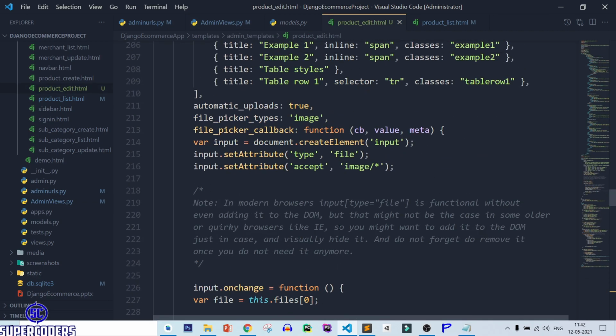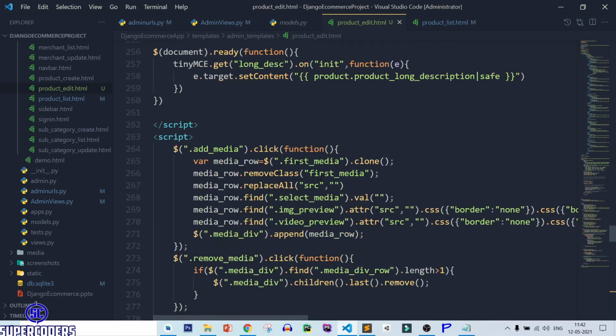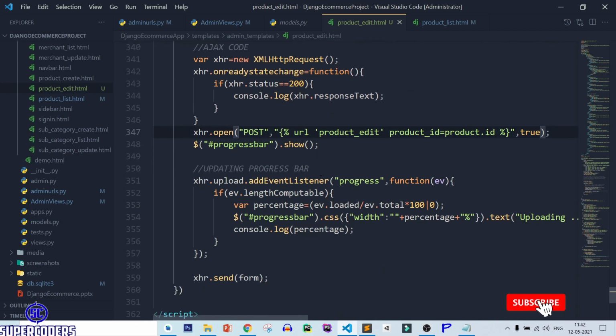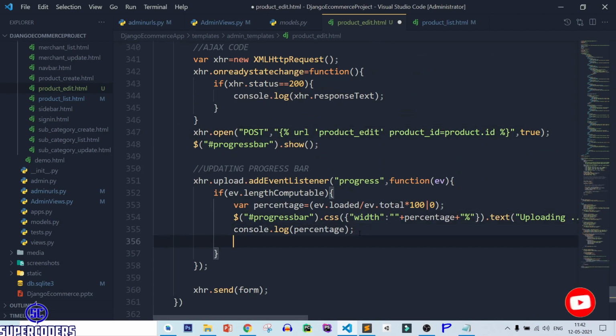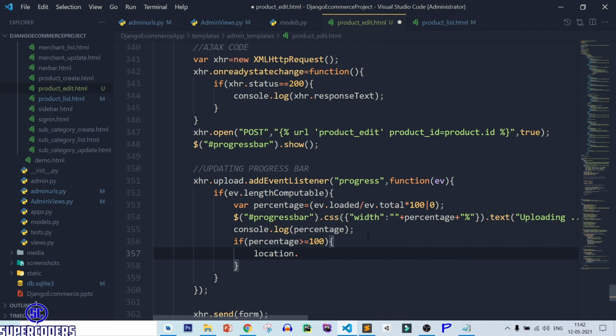After uploading everything, after doing everything, if percentage greater than equal to 100, location dot reload. Save this file. Now after that, let's link with the sidebar.